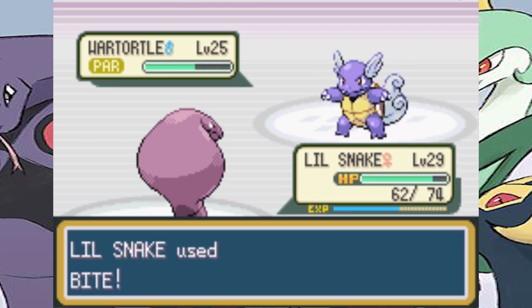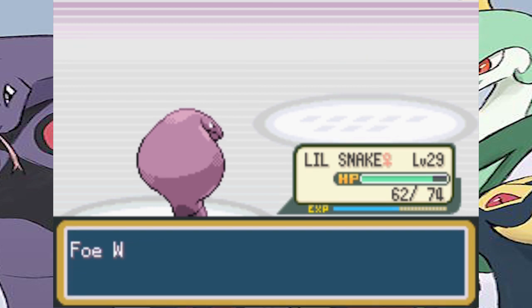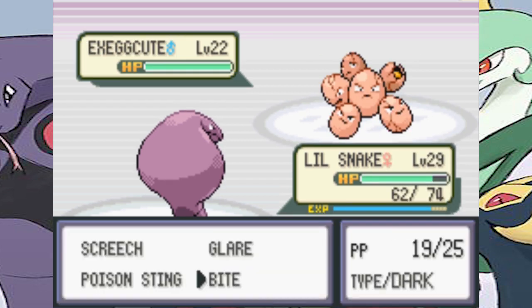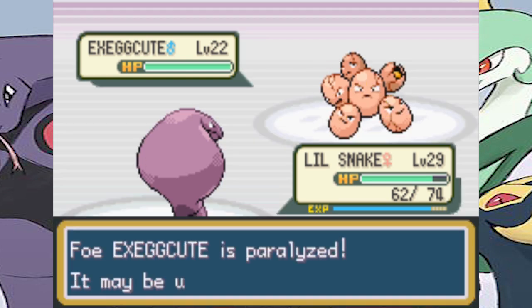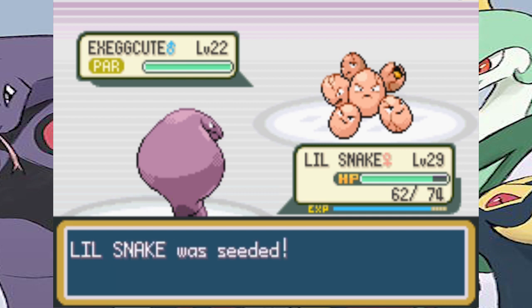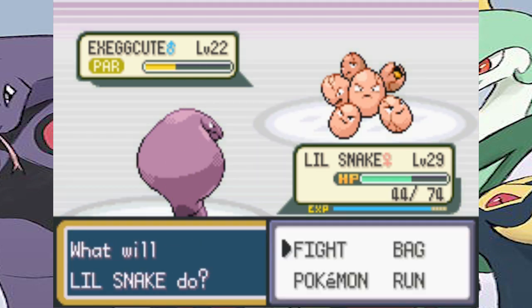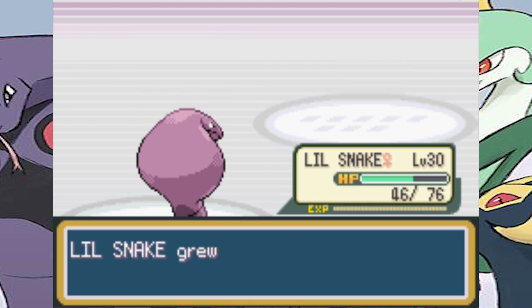He gets flinched a lot of times, he gets paralyzed, he can't even get a move off and we take him out. Next is Execute. I paralyze him with Glare, lower his defense with Screech and then go into biting, which is super effective. We take him out with 2 bites. Next is Kadabra